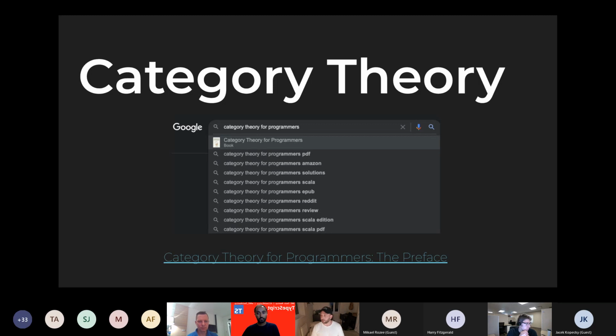As I've shown you there, you can Google that: category theory for programmers. A phenomenal speaker, a guy called Bartosz Milewski, I probably butchered the pronunciation of that. He talks about category theory, and effectively category theory is the theory of how we categorize things.